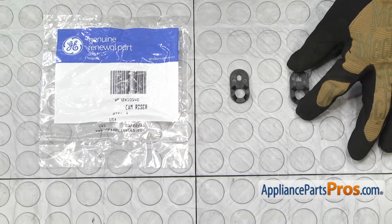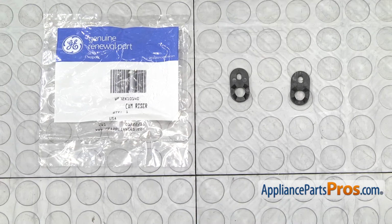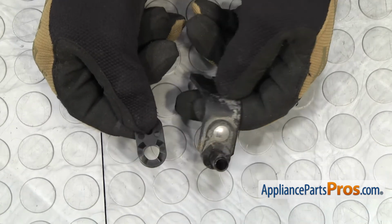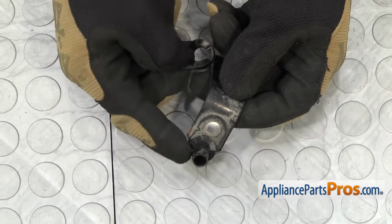Here's the old hinge cam riser next to the new one. If you already have one of these, great. If not, you can get it at AppliancePartsPros.com. Before we put the new hinge cam riser in, you want to take a good look at the cam riser